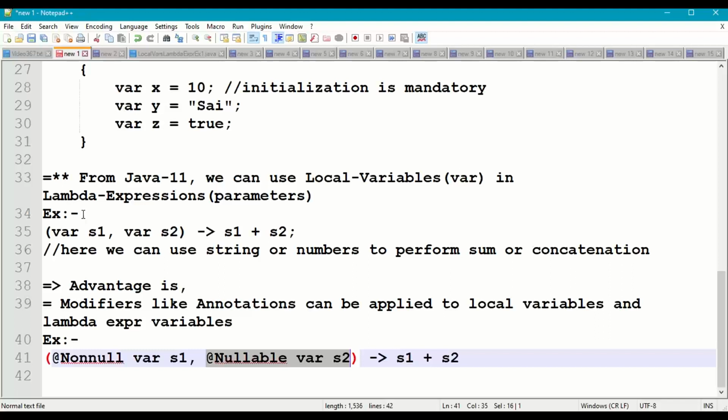It means that for s2 we can have null values, and then perform s1 plus s2 and return that value. This is how var for local variables of lambda expressions helps us apply annotations in different situations as per our requirement in the project or program.